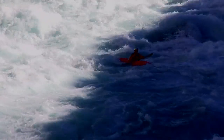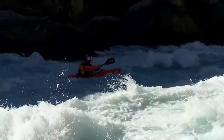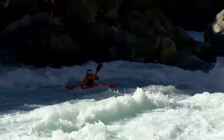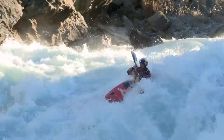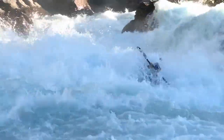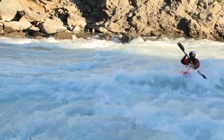And you know, at that point I got into the slow moving water in the middle and realised that the first crux of the rapid was behind me, and then I got a moment to gather my thoughts. There was still a huge amount of whitewater to come, but it was at that point that I was like, all right, we're doing this, and then plugged into the actual main hole in the